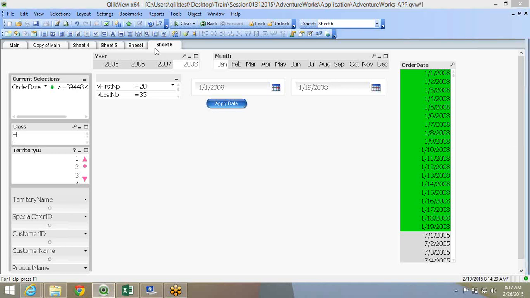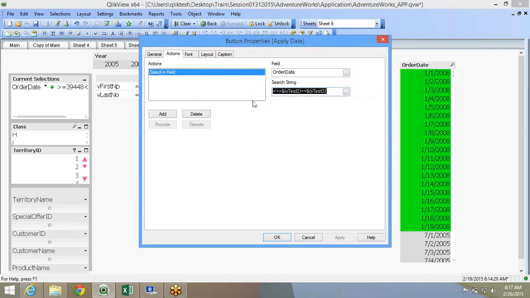Right. Now, these actions can be built at multiple levels. So these triggers that I'm talking about can be built at multiple levels. Like this apply button, right? So I applied the button. Now let me just take this. I'll take this entire range.